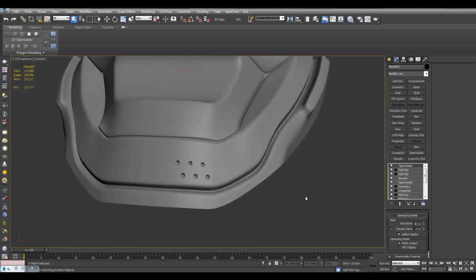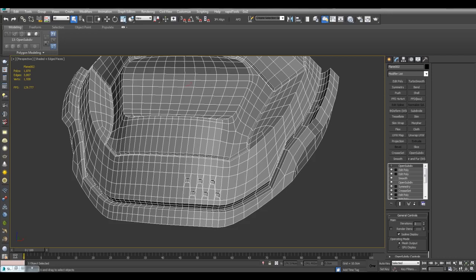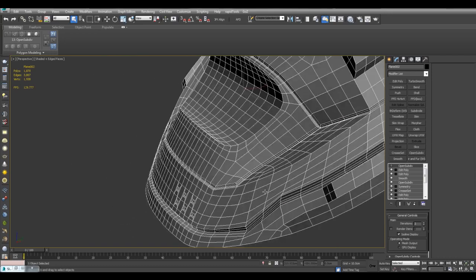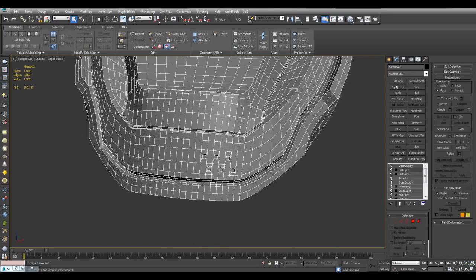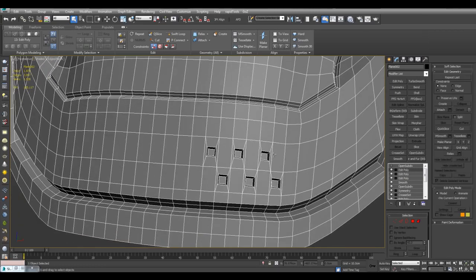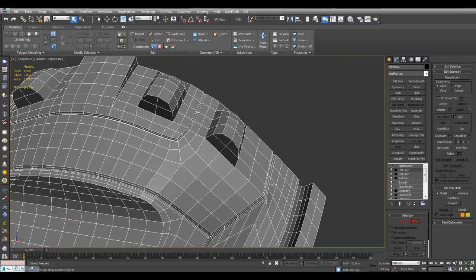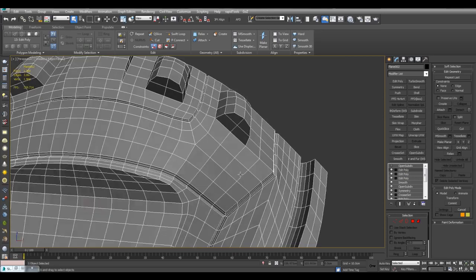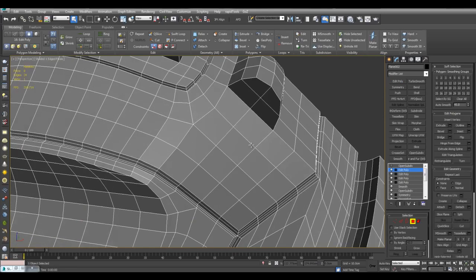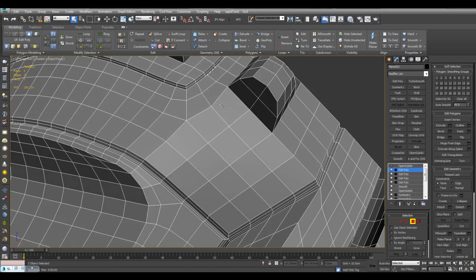And now that we have this topological density, it's much easier to create all these small details. So I can continue to create even more details here. Now one very important thing to understand is how you want the topology to be if you want there to be sharp edges. So for example, let's say you want there to be an extrusion right here, a negative extrusion,